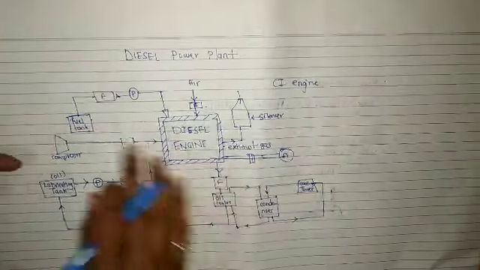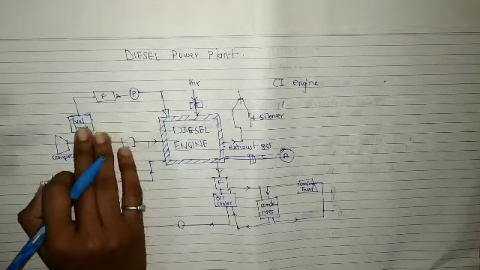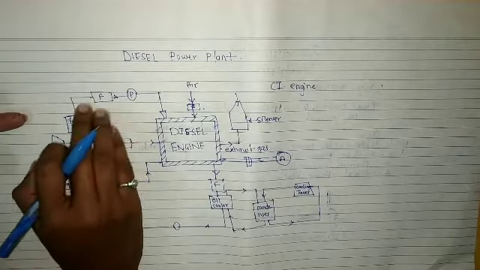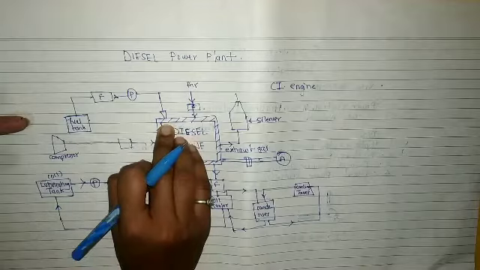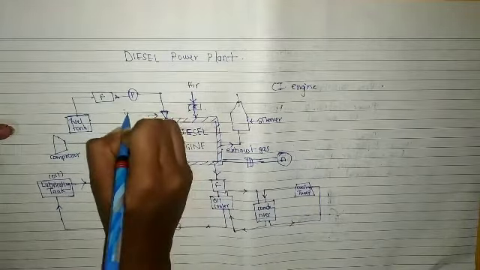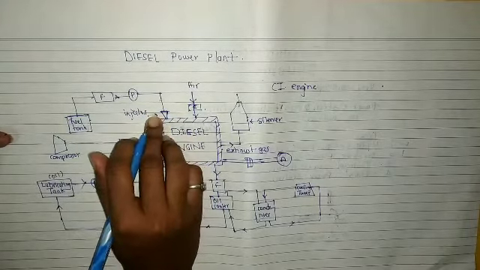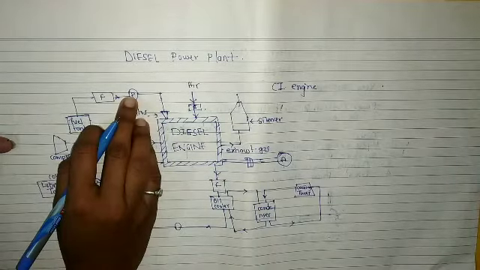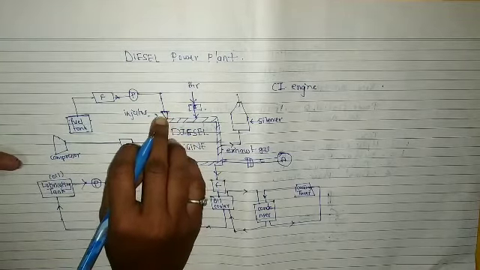Now we'll see the fuel tank. Here in this fuel tank, the storage of fuel is done. And then this is the filter. The fuel is also filtered, and from this pump it is given to the injector. Remember, this is the injector. The fuel is taken, it is filtered, it is given to the pump, and due to this pump it will come here. And this injector, what will it do?